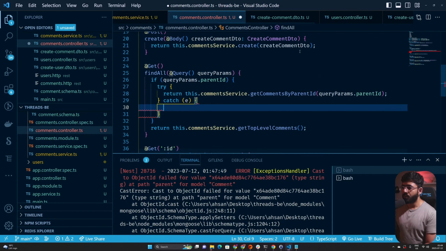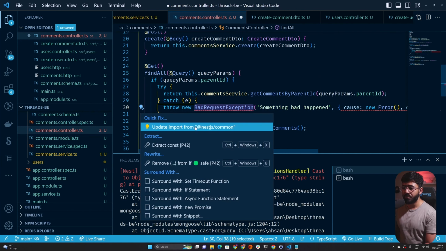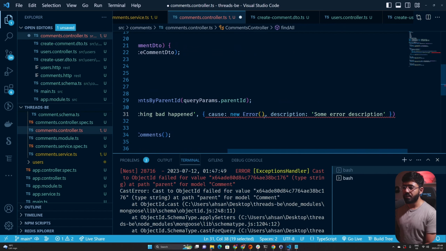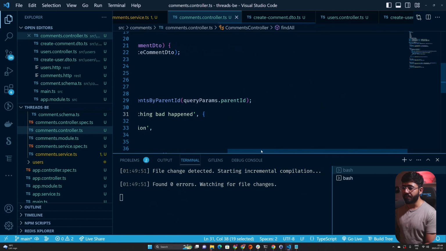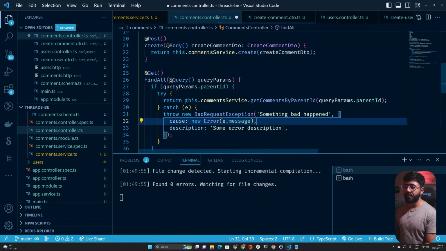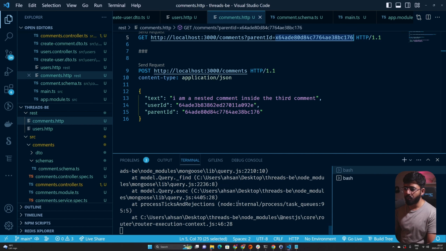And in my code, I'm going to catch this and then do this. So BadRequestException from here. So I can say something bad happened. The cause is new Error, description, some error. So let's save this. In this case, we can also say e.message, taking that particular error, whatever happened, and then taking that message. All right, it seems like with X as well, or with this information, I can't get the Mongo error to